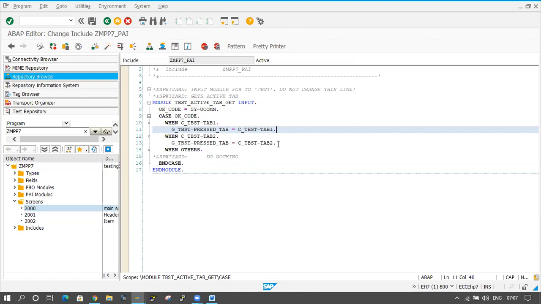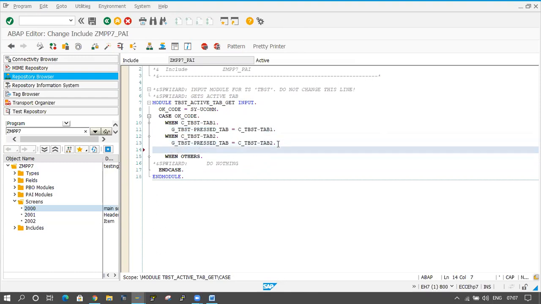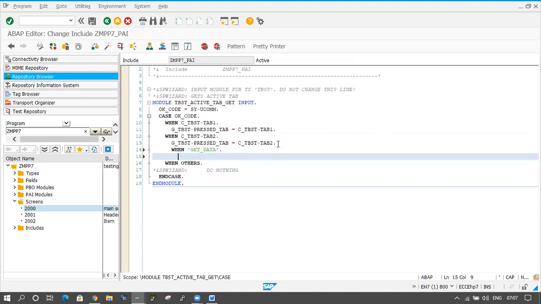Now my requirement is when I click on get data, I want to fetch the data.